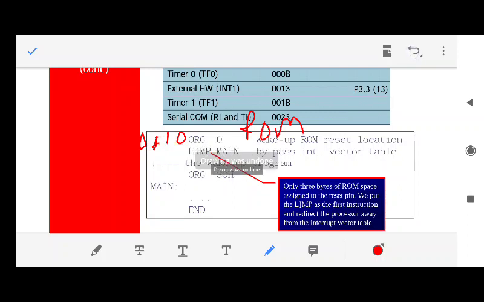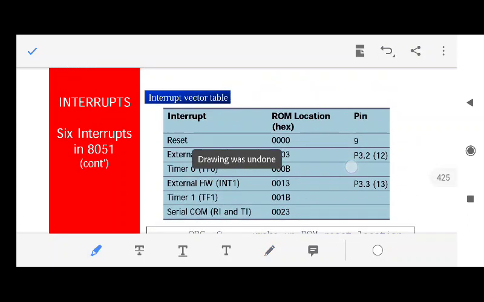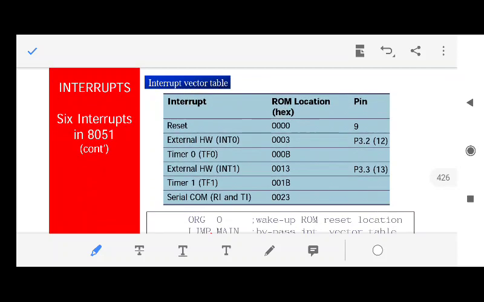For example, see, this is a very good example. Please look into these locations. For reset, you have a line number. You have to do execution from line number 0000 till what? How many places have been given to reset?